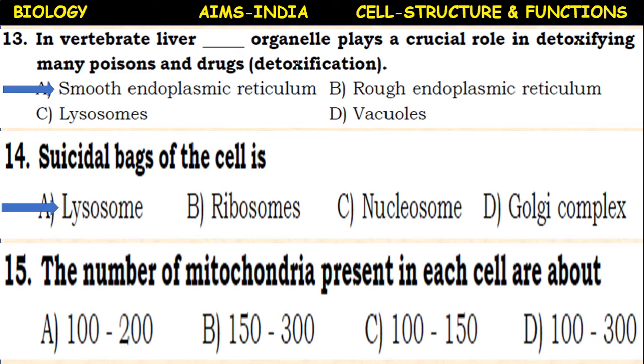The number of mitochondria present in each cell, approximately, is 100 to 200, 150 to 300, 100 to 150, or 100 to 300. So it is 100 to 200. So based on the requirement, the number of mitochondria in the cell may vary. That is, the cells which require more energy production contain more number of mitochondria. Okay,